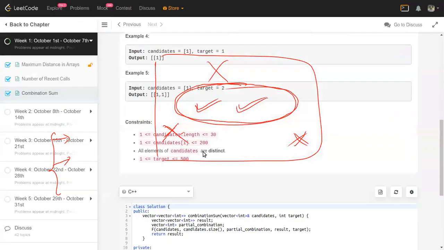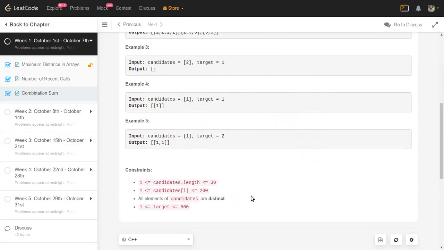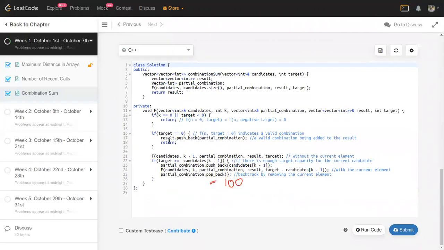Yeah, so if you see the constraints here, look at this. The number of candidates is 30 and the target is 500. So that's why this should be okay. In this case, even if it is exponential, that's okay. 2 power 30 is actually expensive, but because many of them are infeasible, it's going to cut it and it's working within the time limit, right? But if it is a counting problem, and what if the number of candidates is more than this, something like 100, then it might be impossible to compute using this method, whatever we have come up with here.